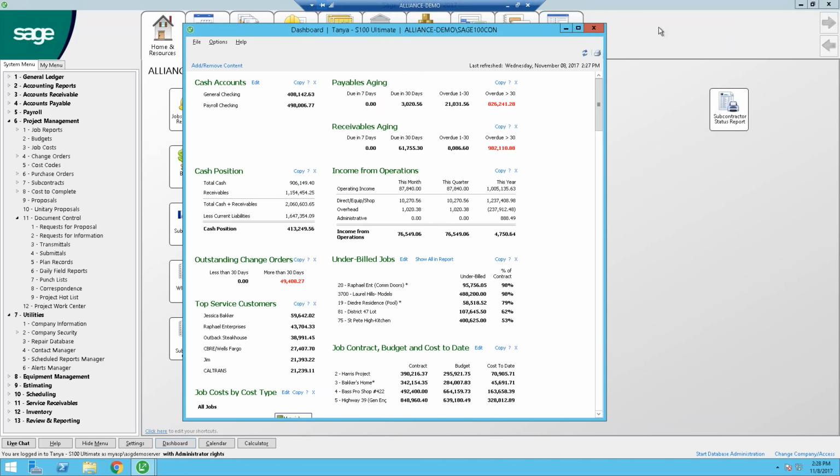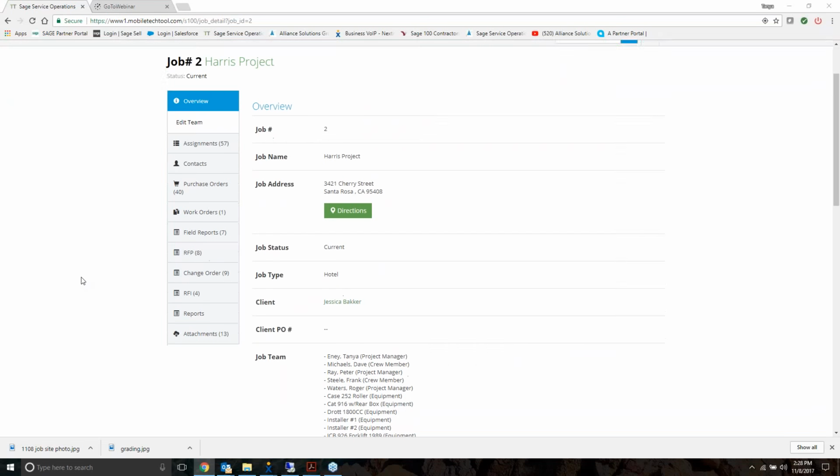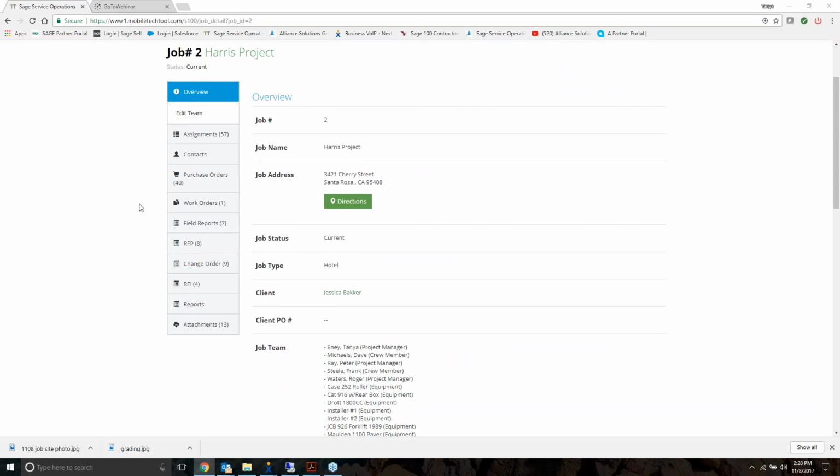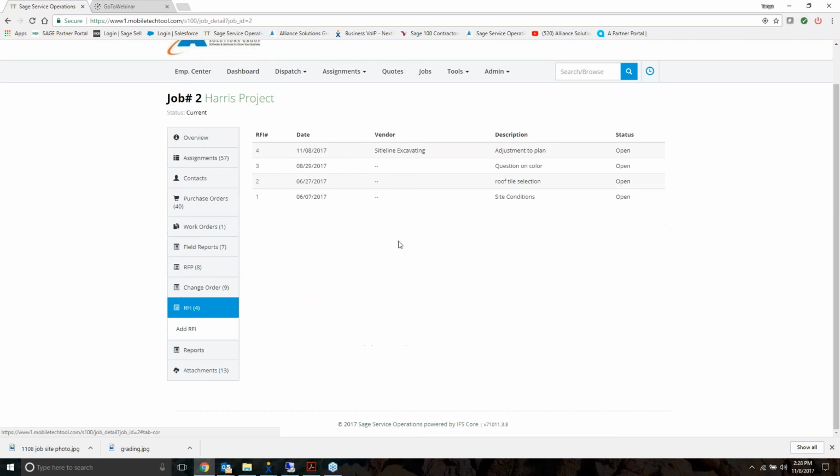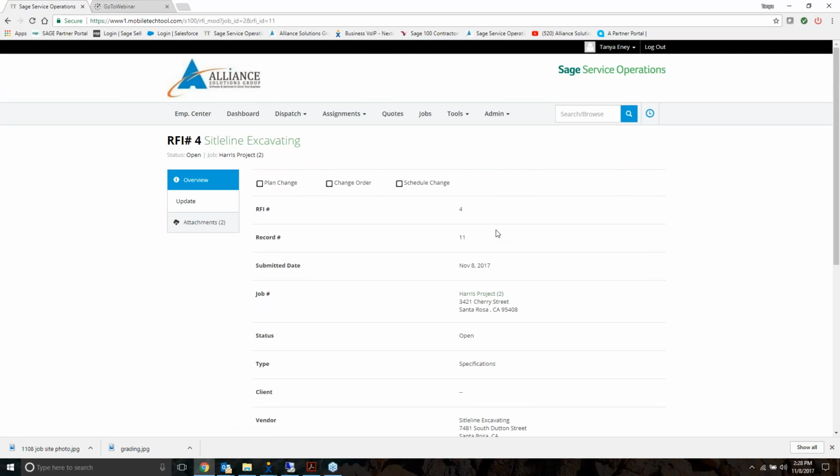So aside from being able to create change requests, I'm also able to create some other documents. And let me take us back in here. So also from our job screen, we talked about that we could do purchase orders. We talked about we could do field reports and change orders, but we also can do RFIs. And so the RFIs could be, again, initiated from the field because that's a lot of times where they do come from. And I'm able to go into the RFI,